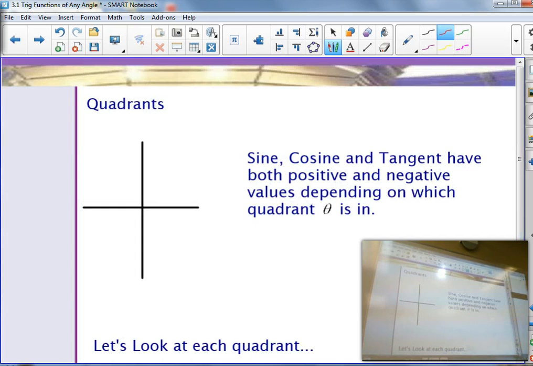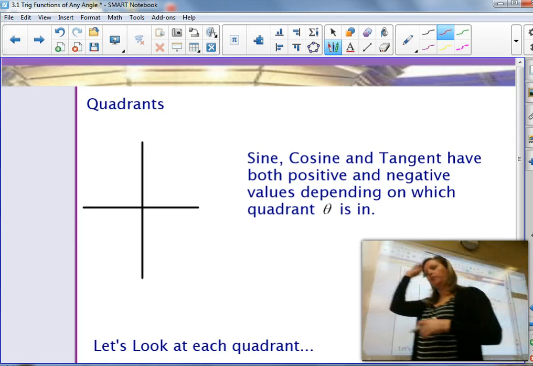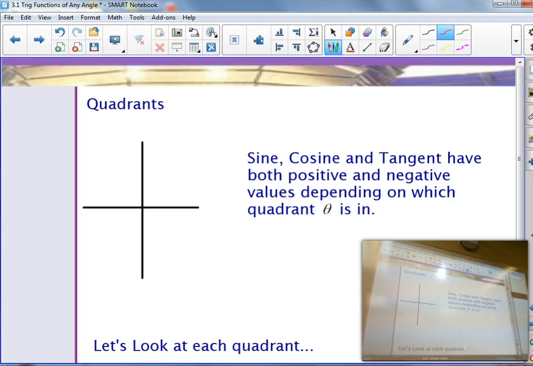Okay. So now let's talk about the quadrants. How many quadrants are there? 4. So sine, cosine, and tangent, as we've already seen a little tiny bit when working with the law of cosines, have both positive and negative values depending on which quadrant your angle is in. So we're going to look at each of the 4 quadrants separately, but just in case you have forgotten how to name them,